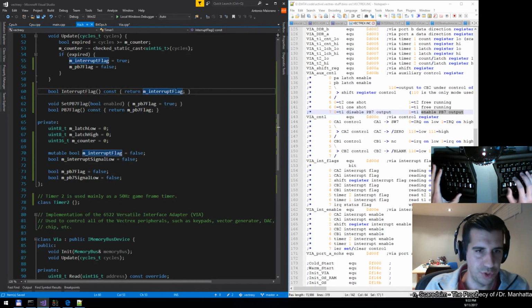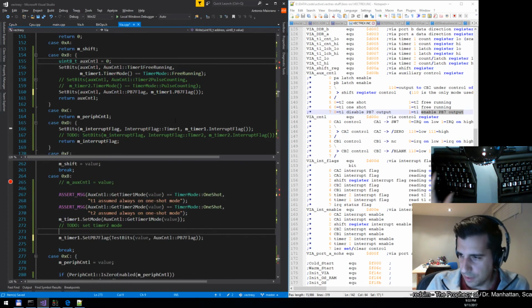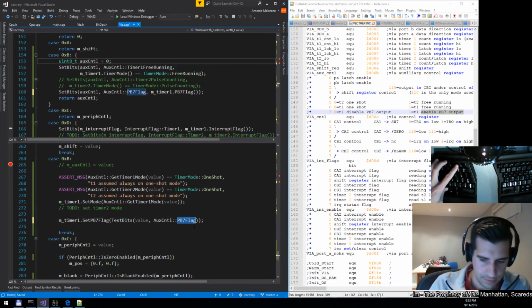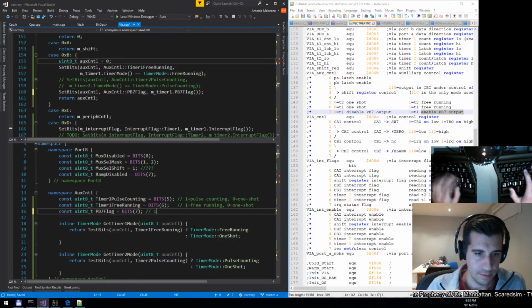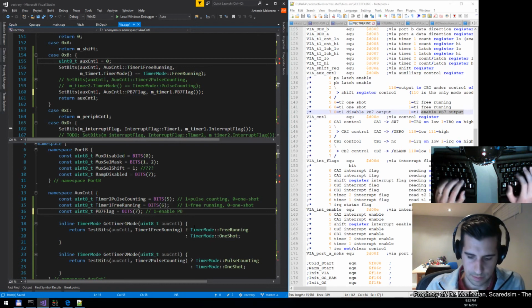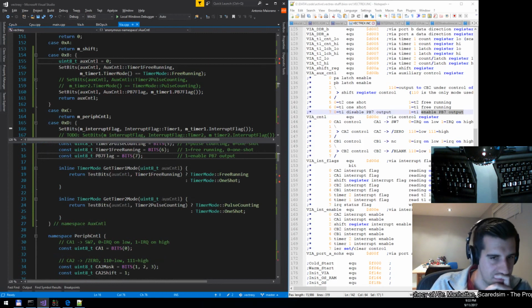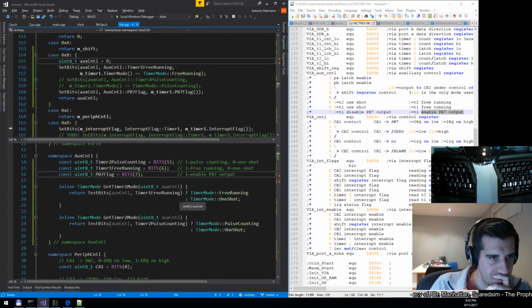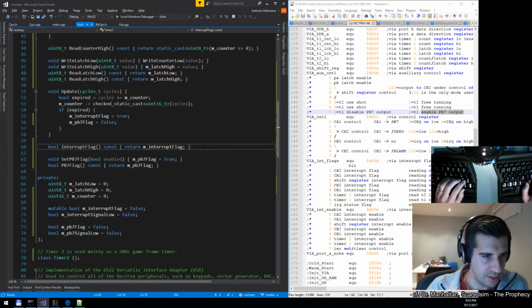It's a nice feature of Visual Studio 2017 to be able to rename in C++, and it works quite well. I think it's in 2015 as well, but okay. And then the other thing I wanted to expose is